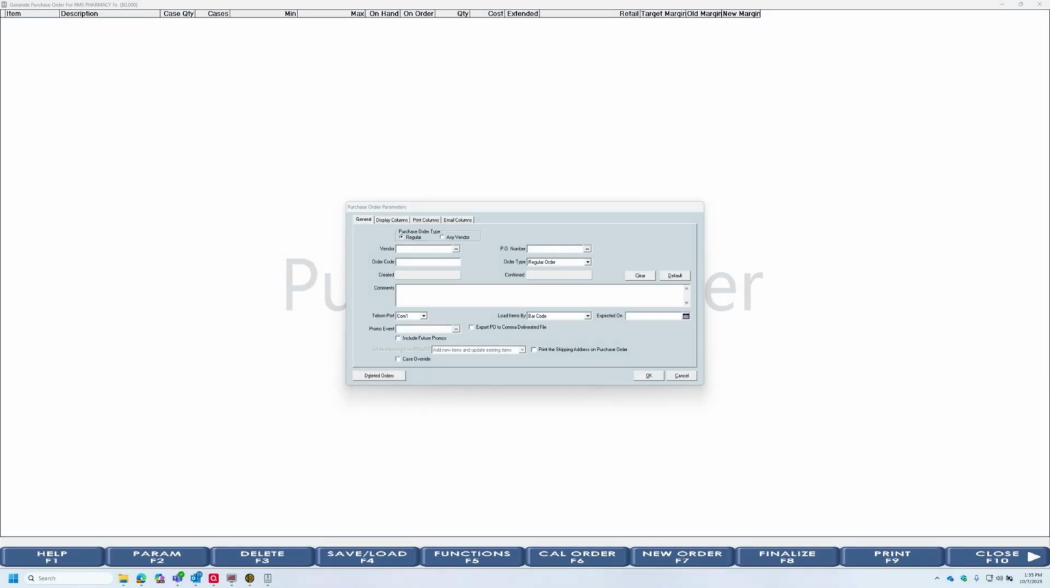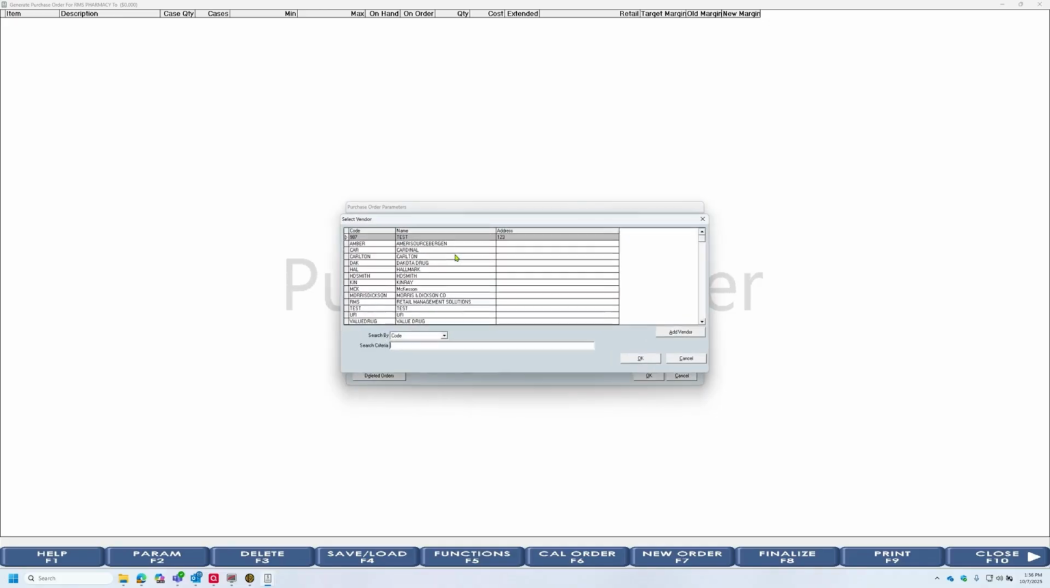If you have a vendor that requires a minimum amount before you can place an order, or if they have a minimum amount before you receive free shipping, then our purchase order program has a new feature that's just for you. So I'm going to start by creating a new order, and I'm going to choose my vendor,